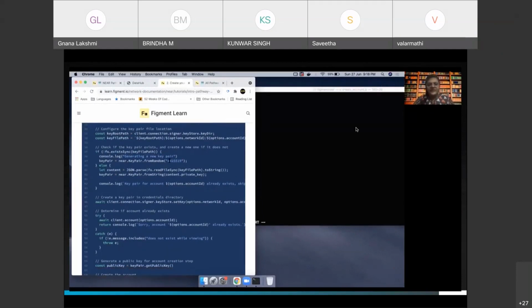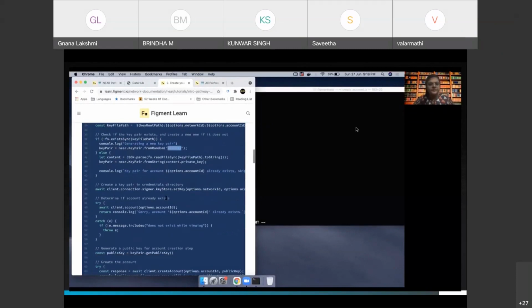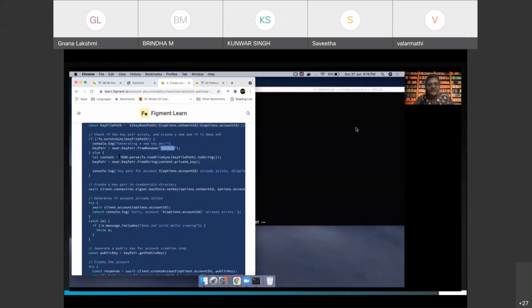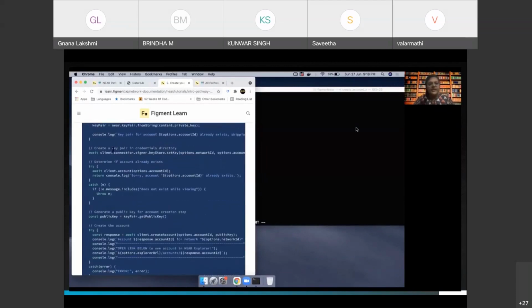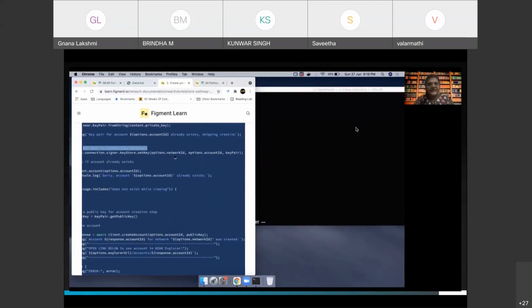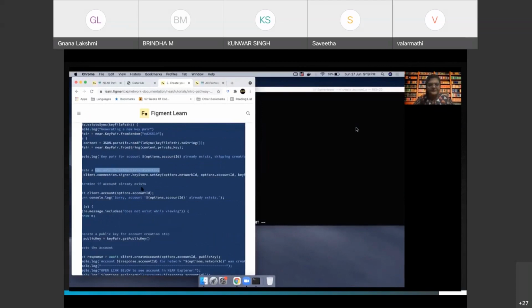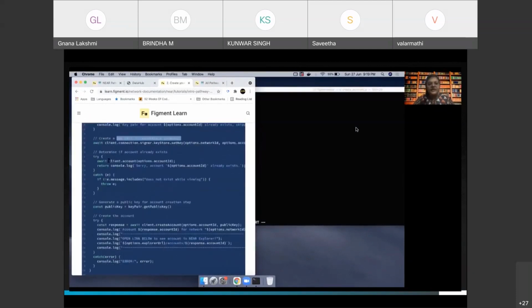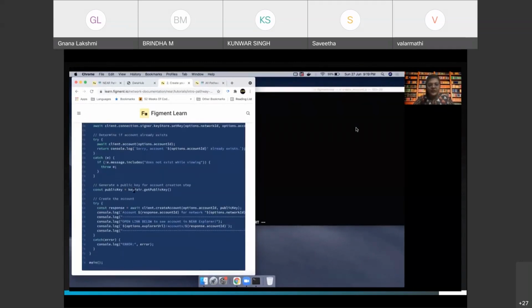It uses ED25519 to generate the new key pair. This else part is basically parsing the existing file and getting the key pair from there, right? Once this is done, it will create a key pair in the credentials directory by using keystore.setKey. You provide the network ID, the account ID, and the key pair that you have either generated or retrieved. And here is where you are determining if the account already exists. If not, you are going to be creating the account here.